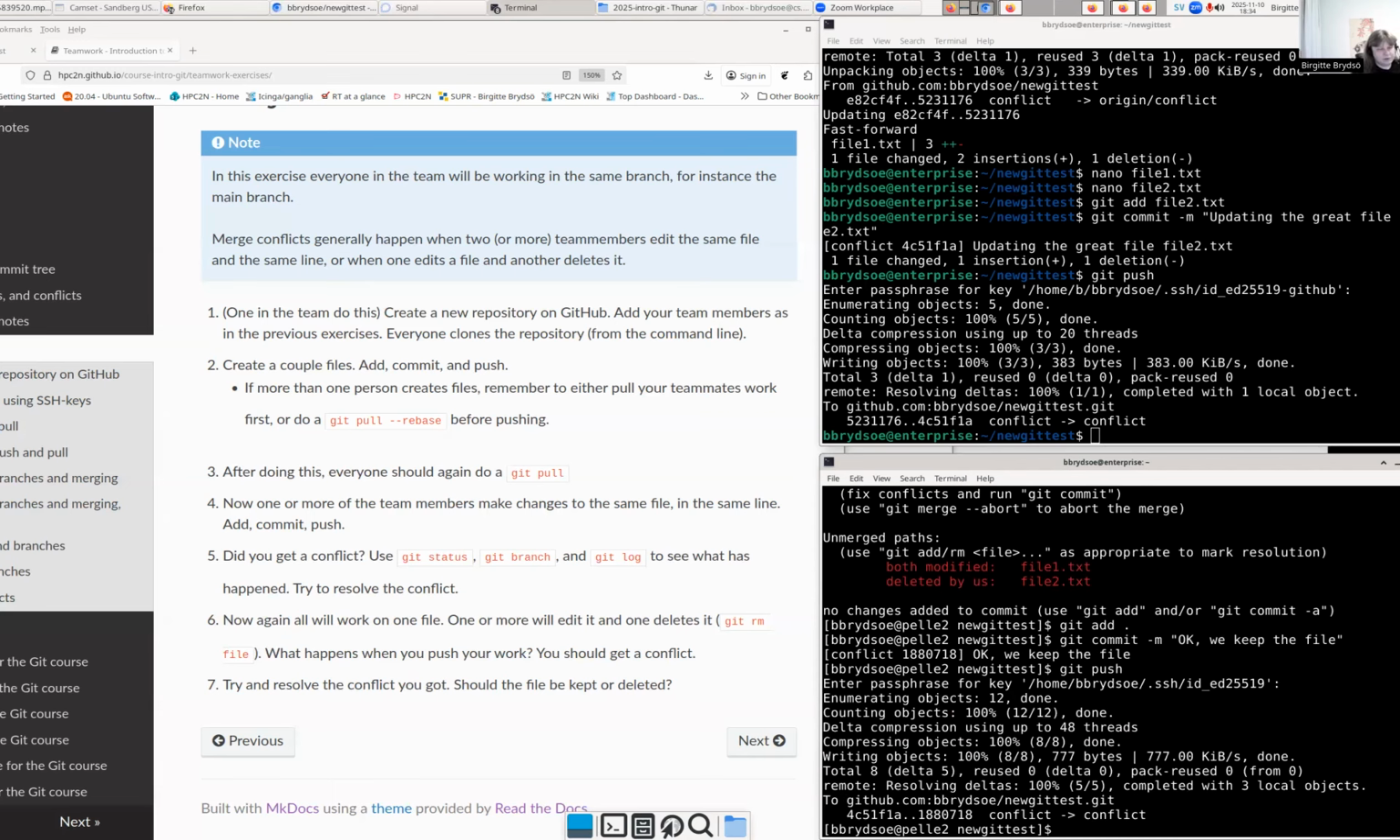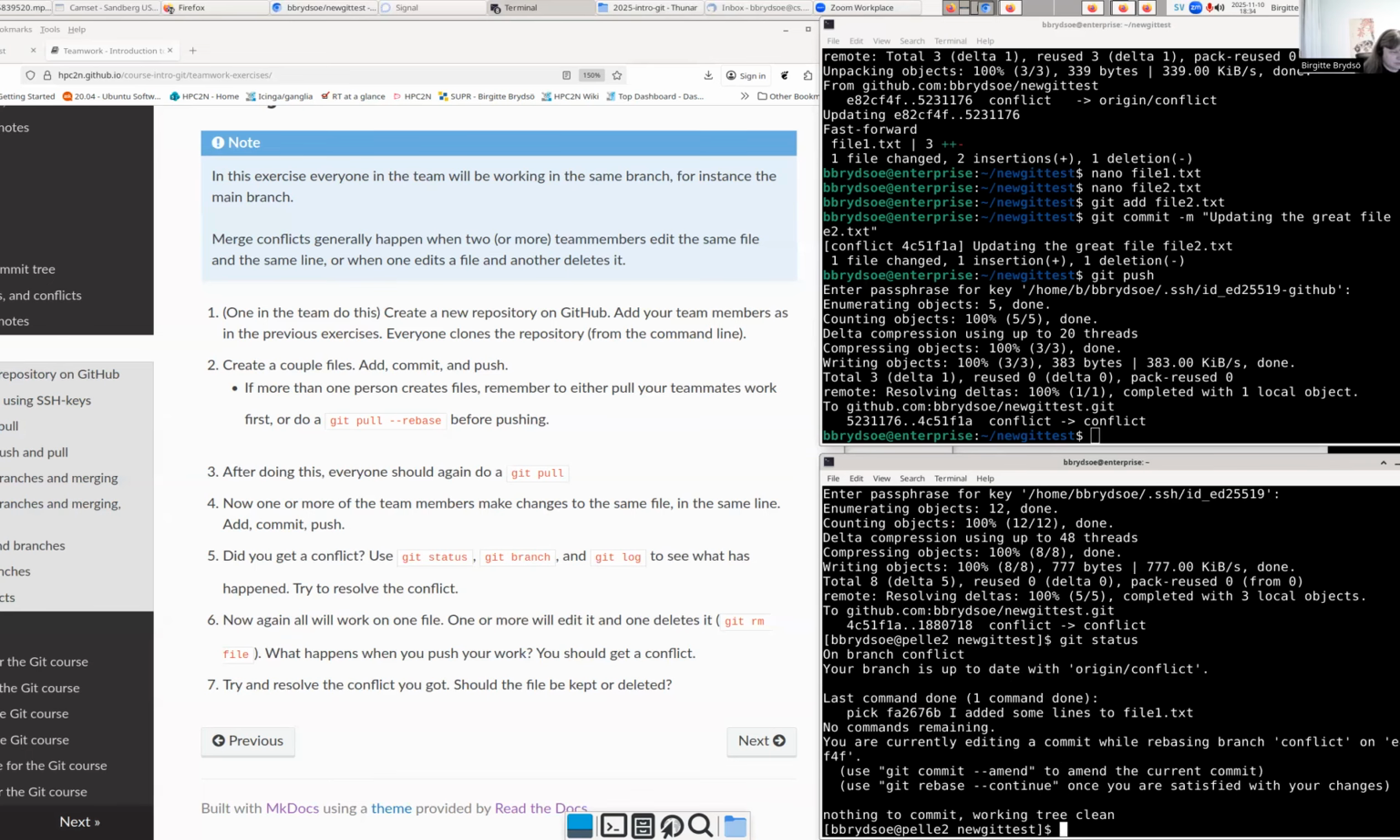And now it actually fixes it. The conflict is gone. And you can do git status. And you can see that there's nothing to commit. The working tree is clean. However,